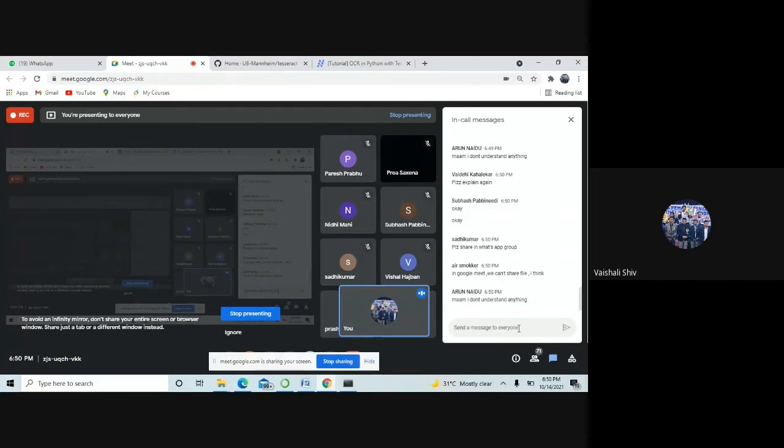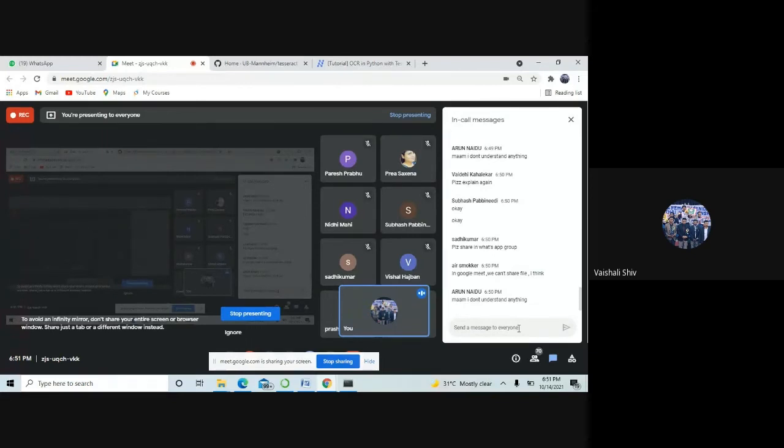Okay, so Arun, what we are discussing is, we have an image. In that image, we have certain text. So how are we going to read that text? In CNN or in neural networks, we have to use certain algorithms to extract those things.